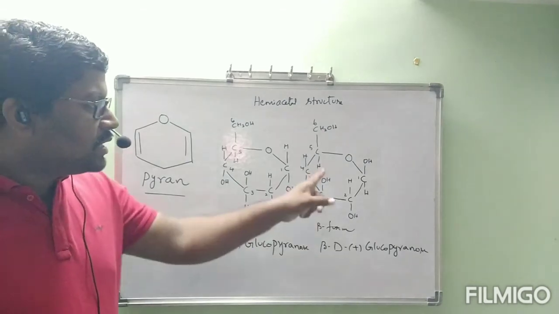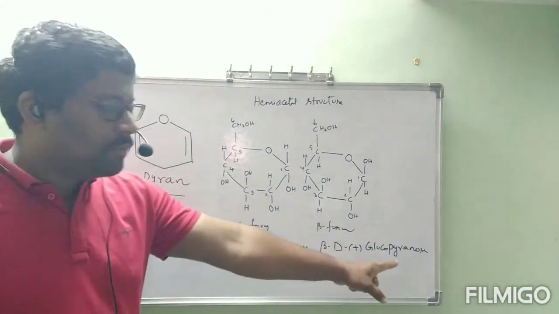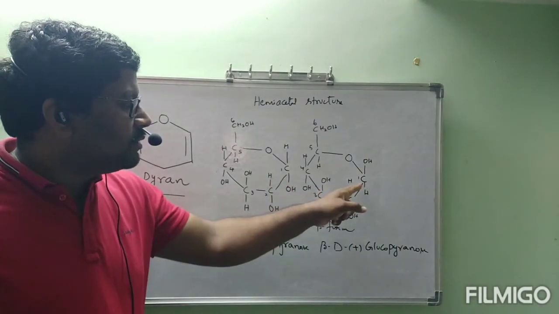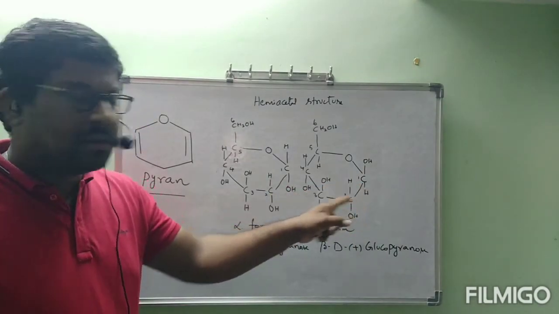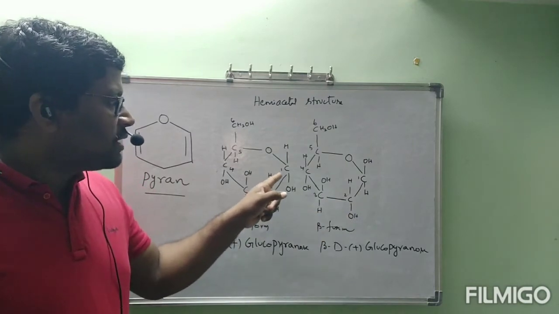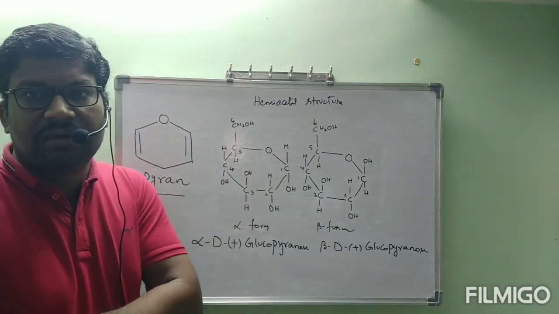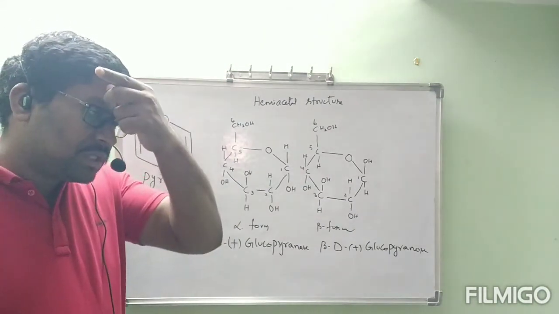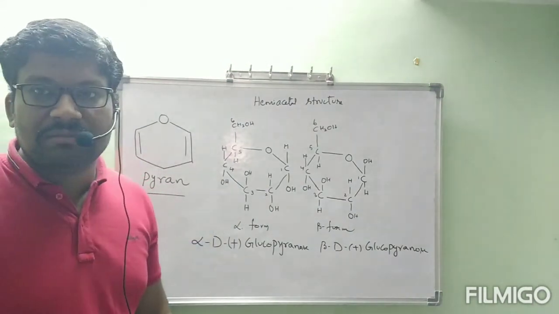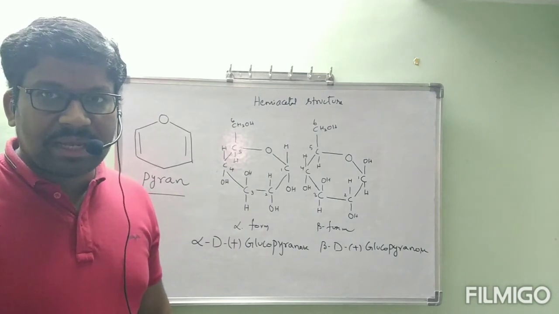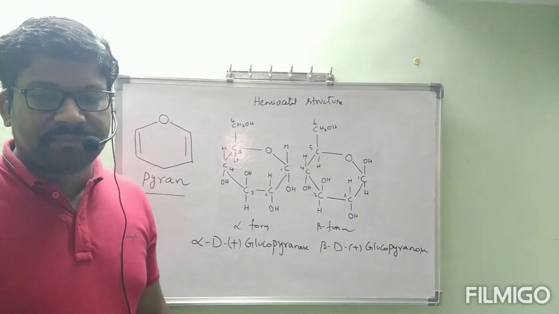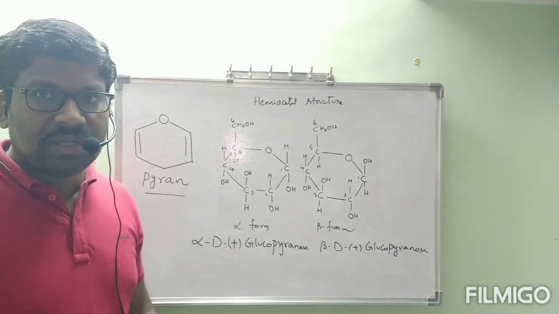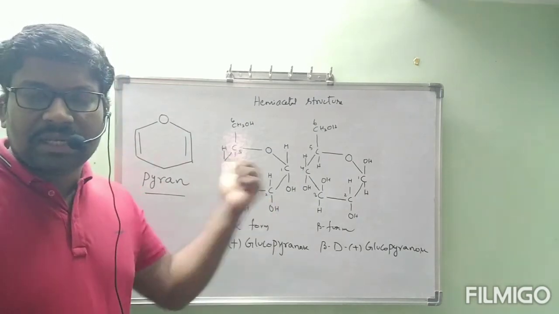Same here also, it is resembling the pyran structure. We wrote pyranose. But this is the beta form. In the beta form, the first carbon OH and H position is different. In the alpha form, the first carbon H and OH position is different. This is about the structure of glucose. Now we have one more definition, that is anomeric carbon and anomers. I will show that one. Before that, are you clear about entirely this one?